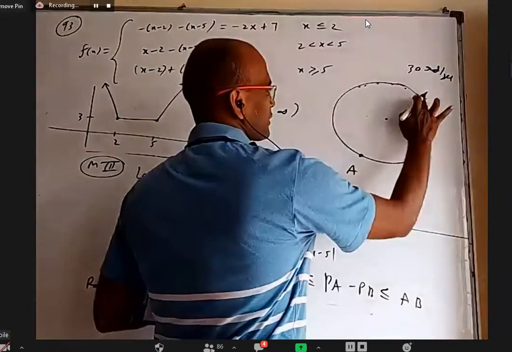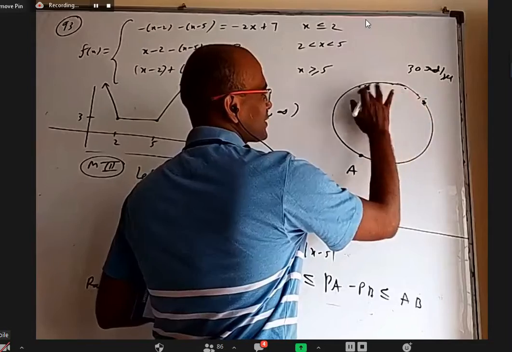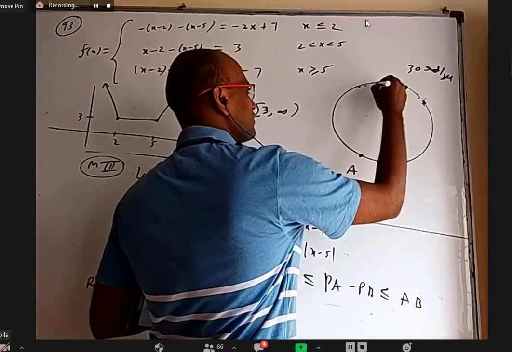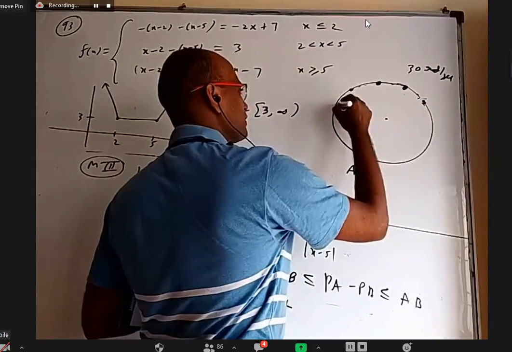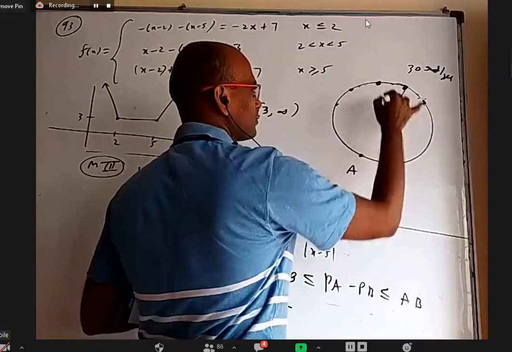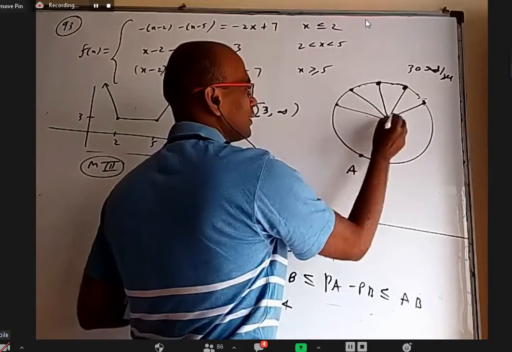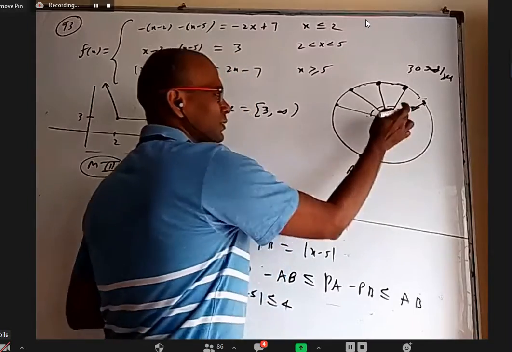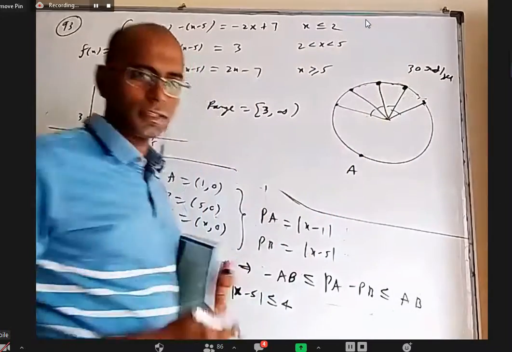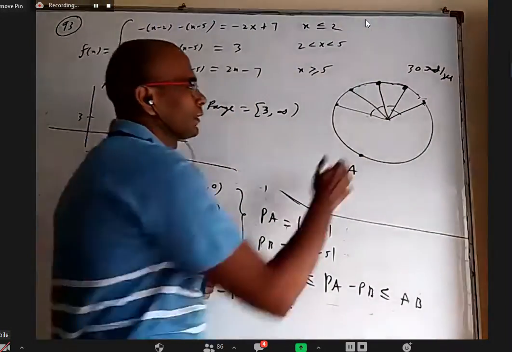Okay. Let us do one thing. The particle is here. After 1 second, it is here. After another 1 second, here. After another 1 second, here. 1 second here, and so on. All these angles are equal, right? Because it rotated 1 second, 1 second, 1 second. Correct now? Yes, sir.